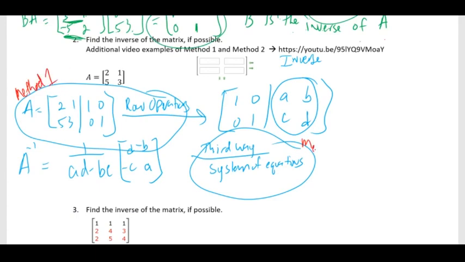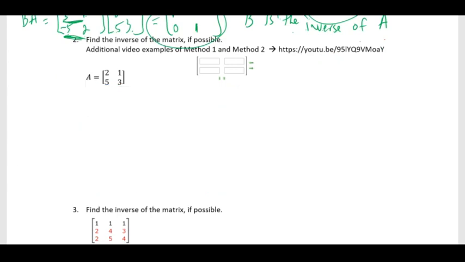or method 2, then you can go to this YouTube video. For these examples, I'll be using method 3. Okay, so to find the inverse using method 3, which is the formula, so let's say we have a matrix